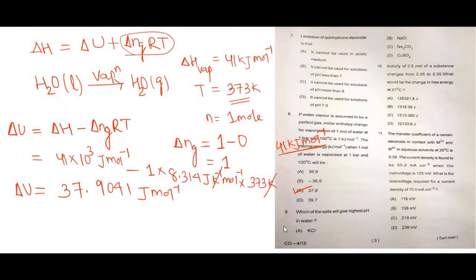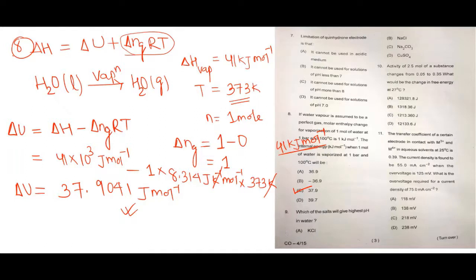Since such questions are never asked, but if the question is wrong, we will not get the right answer, and we cannot raise the objection with the authority. So these questions are ignored in most cases. Student voices are not heard by the authority. So you have to know what the answer will be. When I solve it taking 41 kilojoule per mole, I get the answer. So question number 8 is solved. Next, we move to question number 9.